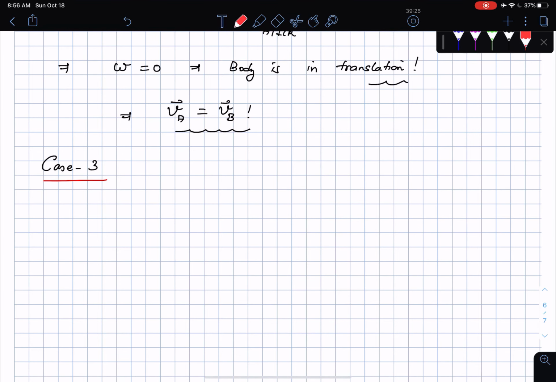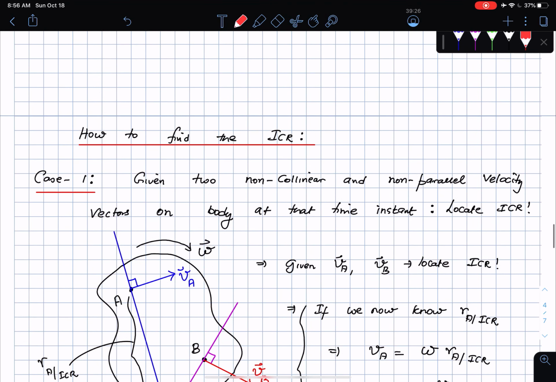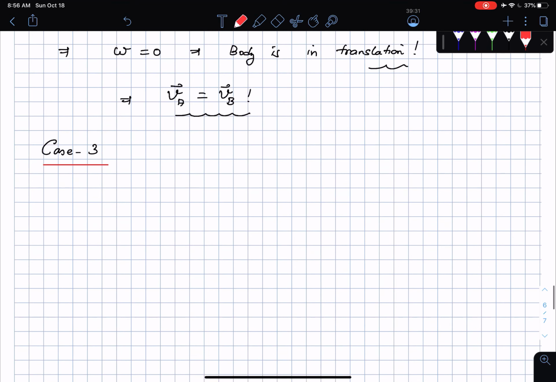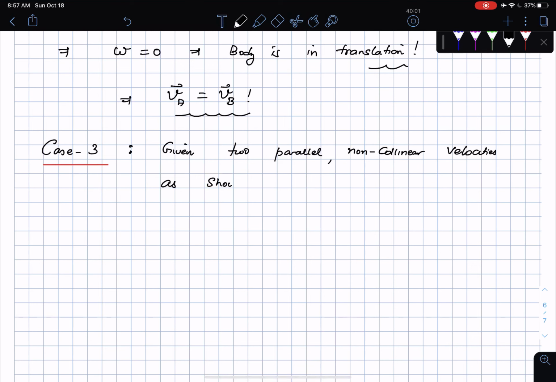So that was case 2. I want to see if I use Roman numerals or so. Oh no, I use the usual cardinal numbers here, 1, 2, and 3. All right, so given two parallel non-collinear velocities, as shown in the following situation, obtain